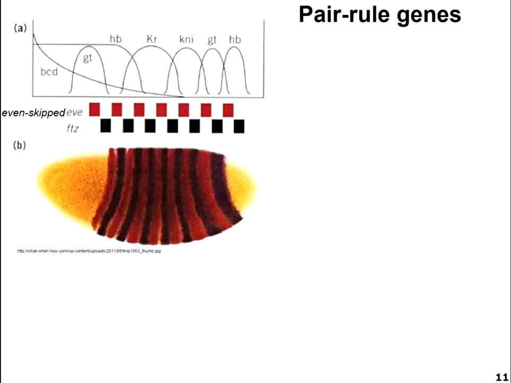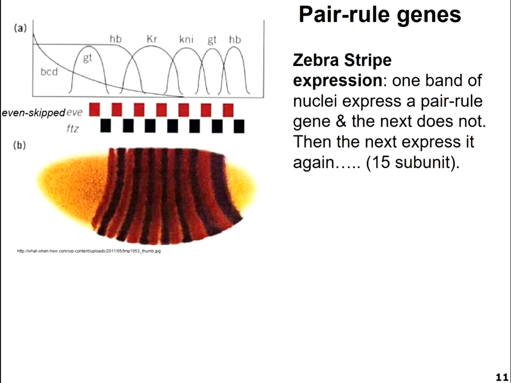The gap genes, you can see here in the graph an example of different patterns of expression of gap genes. The gap genes control the expression of the pair rule genes. So these pair rule genes are expressed in every other segment, remember? They are expressed in what are called zebra stripes. They have a zebra stripe expression. So they are expressed in one segment, but not in the next segment, and then in the following one, and so